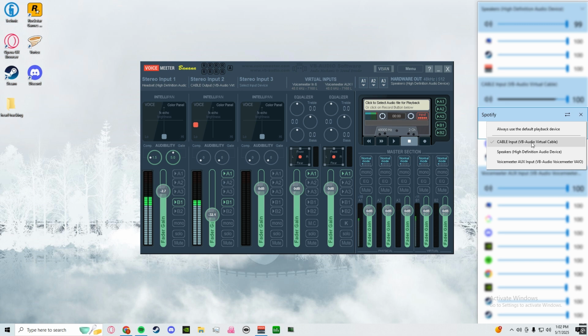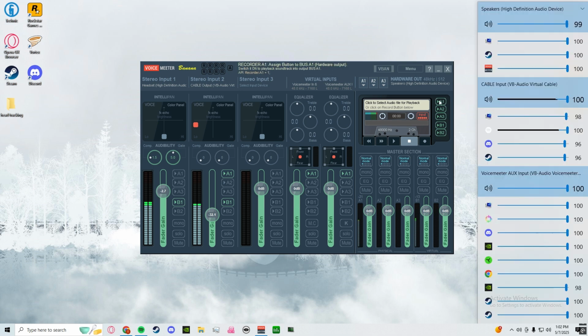A thing to note with virtual audio cable is you can donate as little as like $1, I think it is, and you can get up to 3 virtual audio cables. Really cool. I don't need that right now, but I do plan on donating when I get the extra funds for it a little bit more, because it is a really cool application and they do some pretty awesome stuff here. So we right click this, set this to our cable input for Spotify,